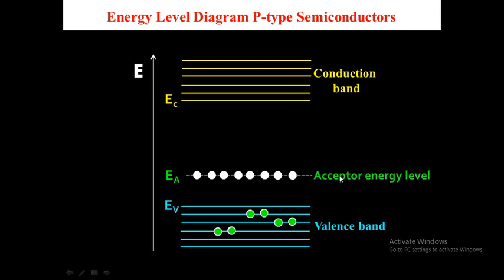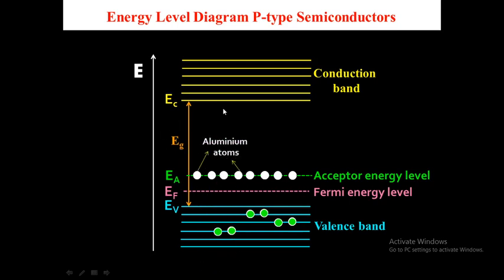that means the acceptor energy level, and at the top of the valence band there is an energy level that is called the Fermi energy level, which is denoted by EF. The difference between the bottom of the conduction band EC and the top of the valence band EV is known as the forbidden energy band gap, which is denoted by EG. And these are aluminum atoms, those are acceptor atoms which are present in the acceptor energy level,